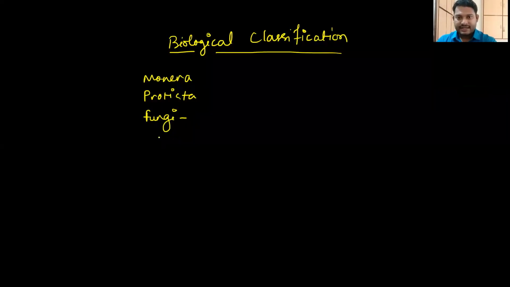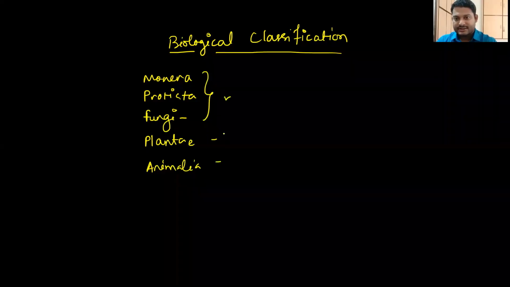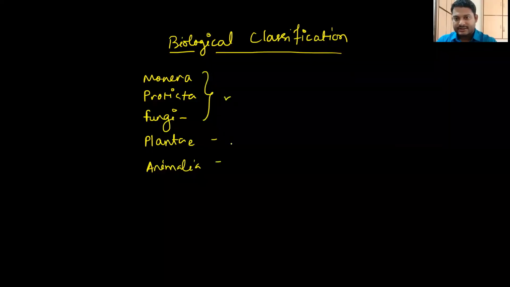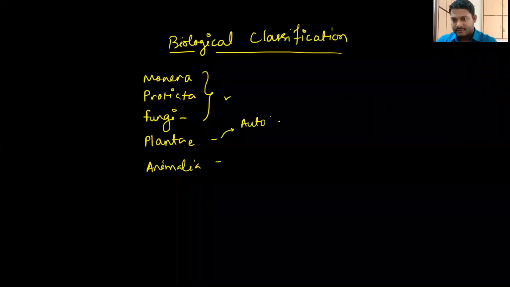Now the next kingdom that we have in line is going to be the kingdom Plantae, and the last one is going to be kingdom Animalia. Right. So we have already discussed these three, but we are going to discuss in detail about the kingdom Plantae and Animalia. As I have told earlier, we are going to have a separate chapter on this. But the basic idea you have to understand is that most plants are autotrophic in nature.